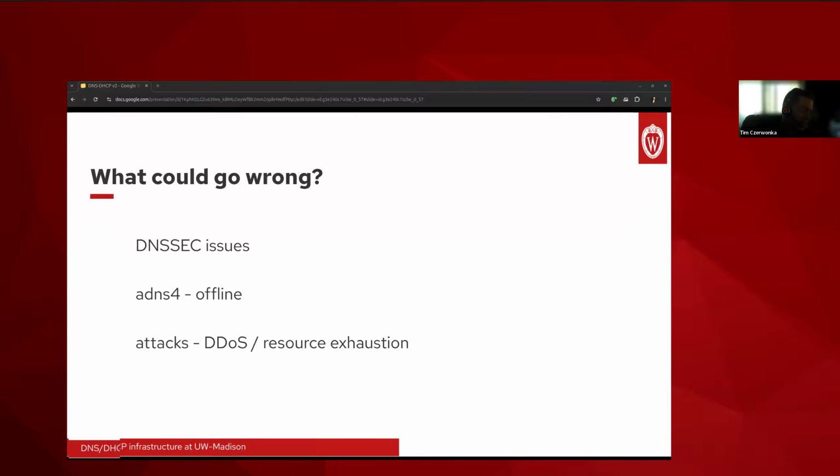ADNS4 went offline. So about a year ago, ADNS4 went offline for several weeks. A routine Sunday or Saturday morning Infoblox patch, part of that was to restart the server. And unfortunately, ADNS4, located in New Jersey, did not want to reboot. The Infoblox appliances are really just server grade hardware, but even with server grade hardware, things happen. This was a Saturday morning, and Infoblox had replacement hardware to us early that next week.